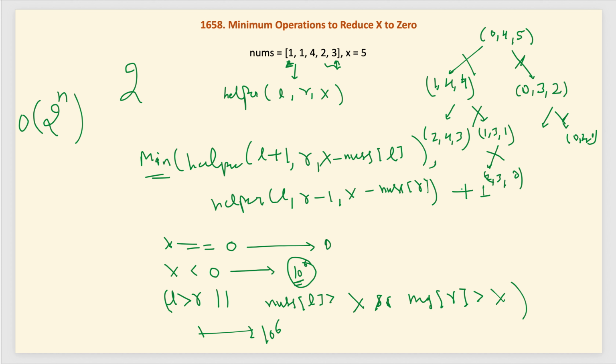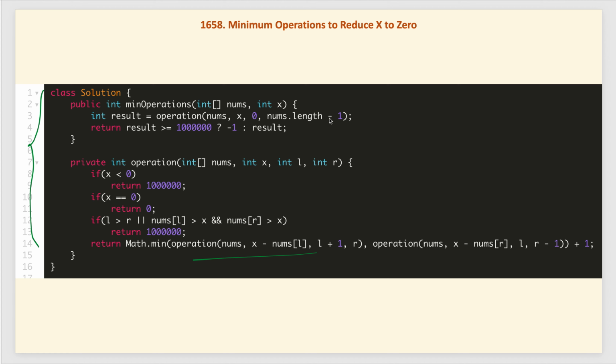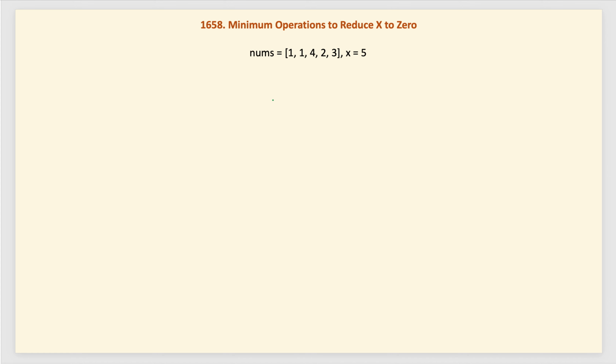So, in that case we can cache, we can apply dynamic programming here, but still that will not help us, because the dynamic programming solution will take O of n square, and our n is 10 power 5. So, this will be 10 power 10, which will again time out because n is very big. So, how can we further optimize this solution?